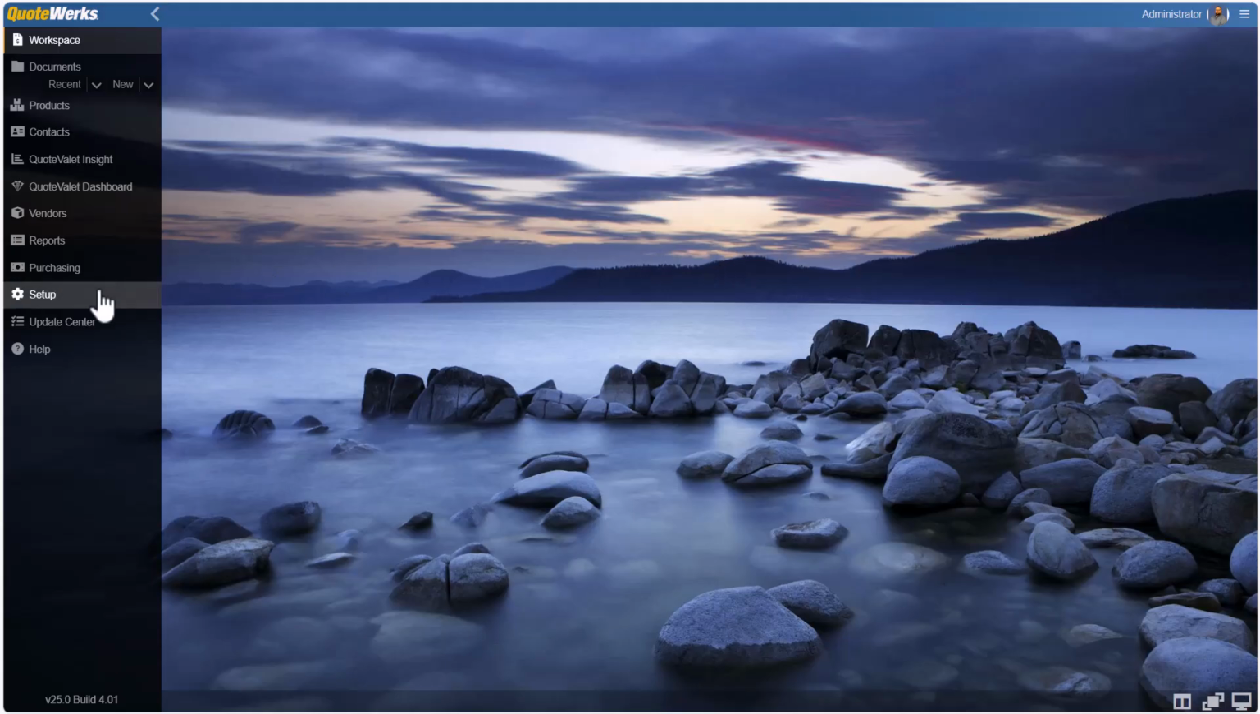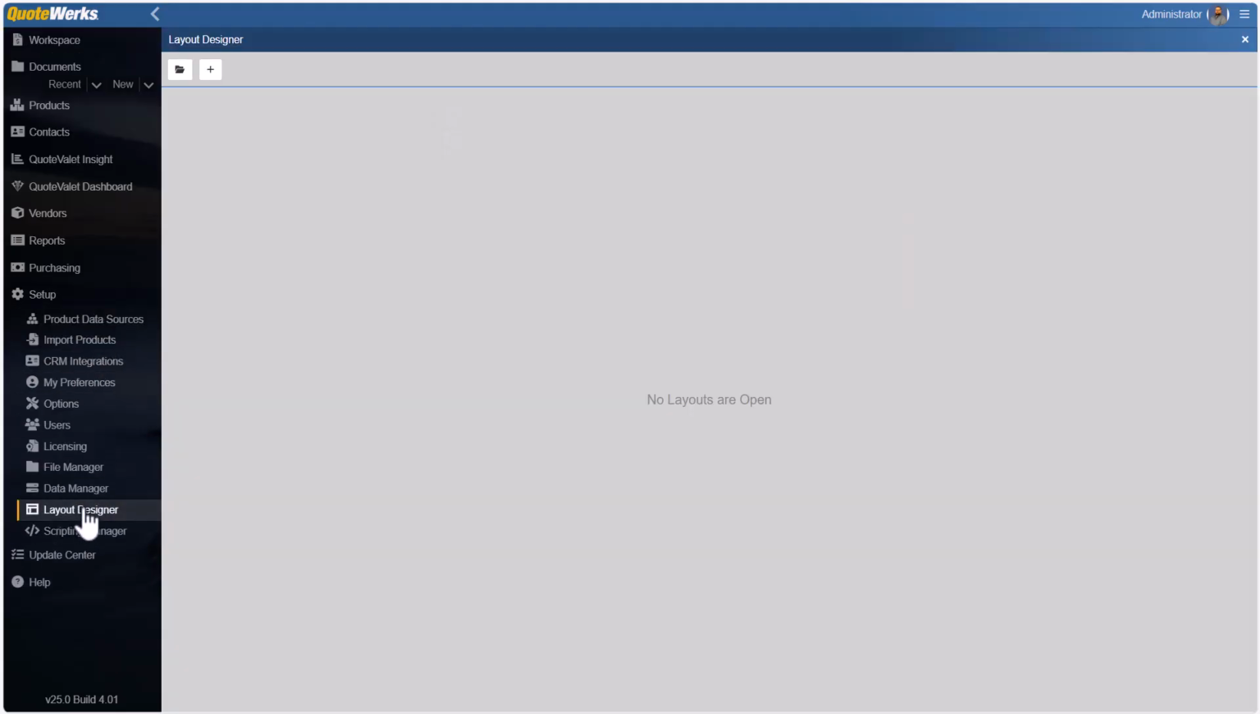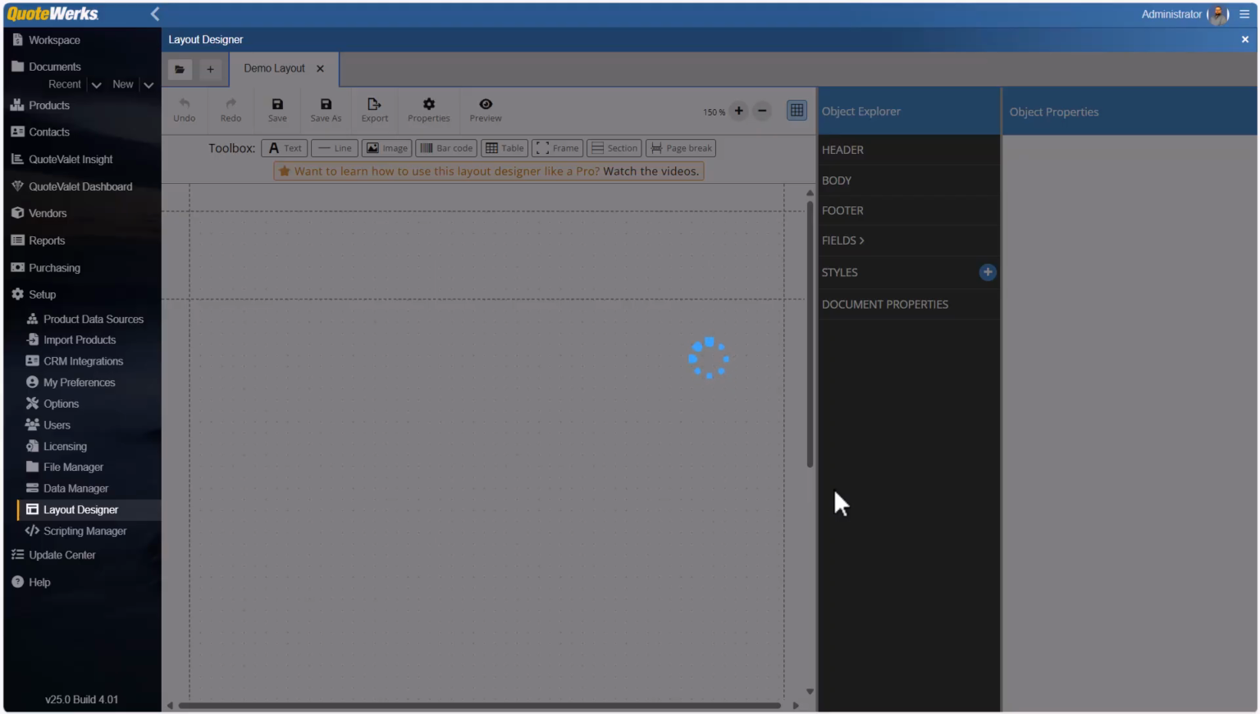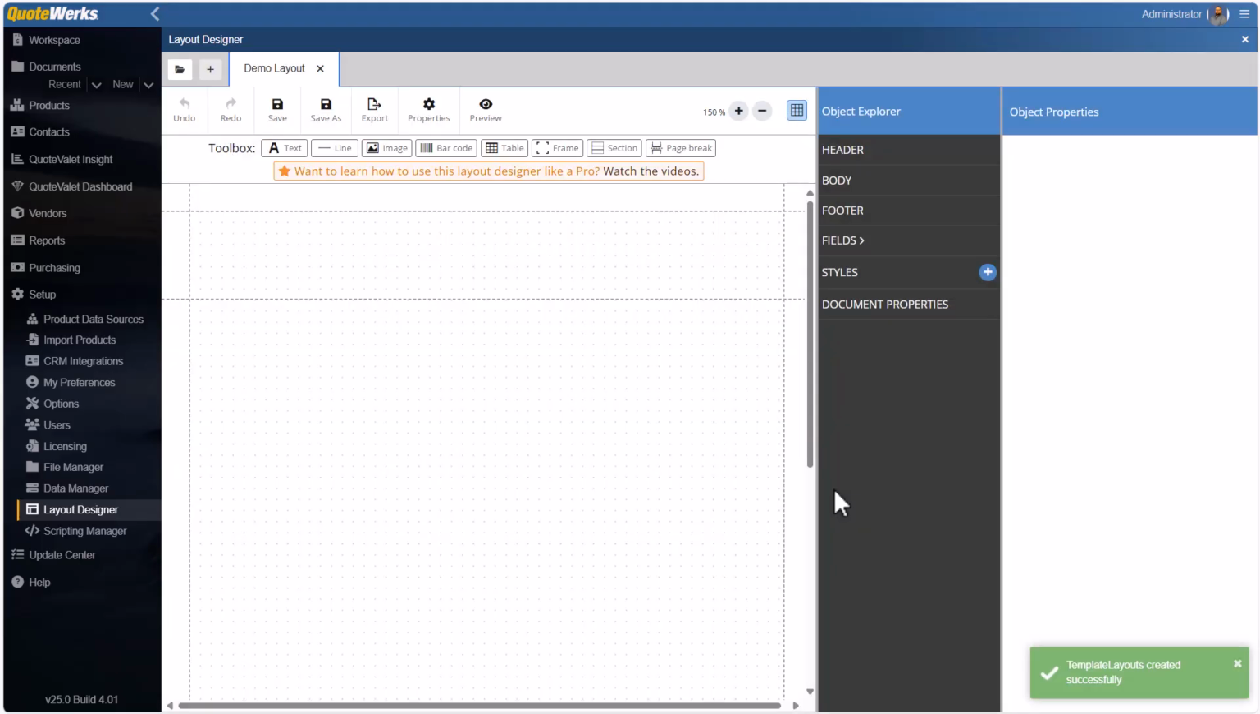Layout Designer is accessed by going to Setup and then clicking on Layout Designer. We're going to be creating a layout from scratch, so we're going to click on the plus button. We're going to choose Quote as our empty layout, and then we're going to give the layout a name. When we click OK, this opens an empty layout in the Layout Designer, and this is where we will be